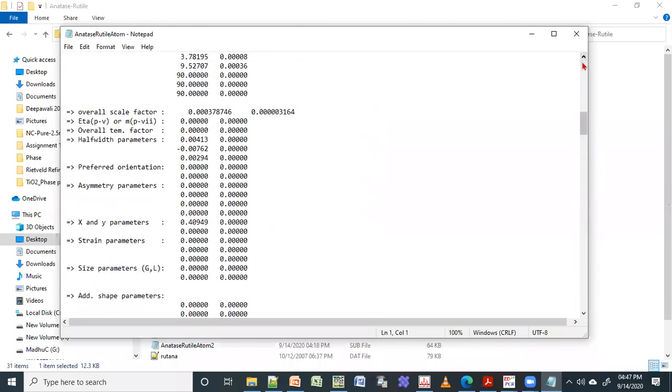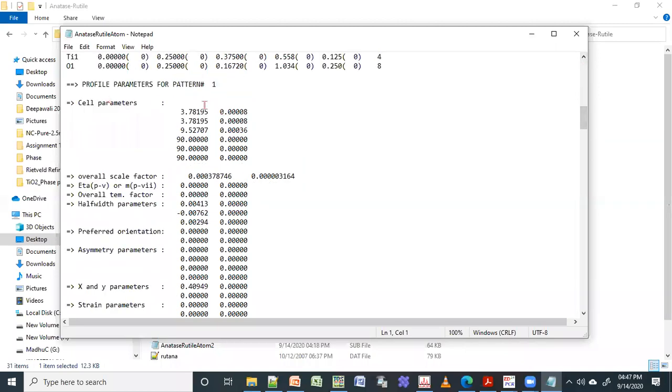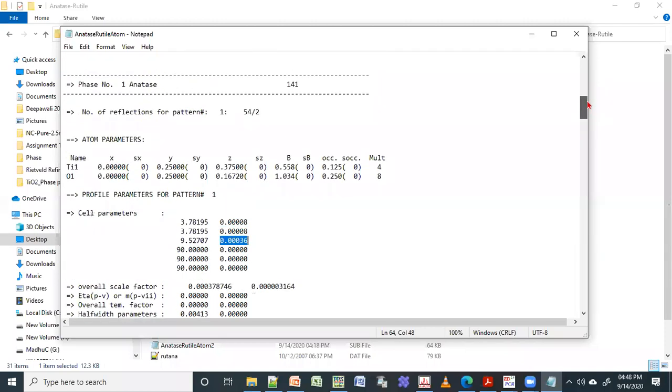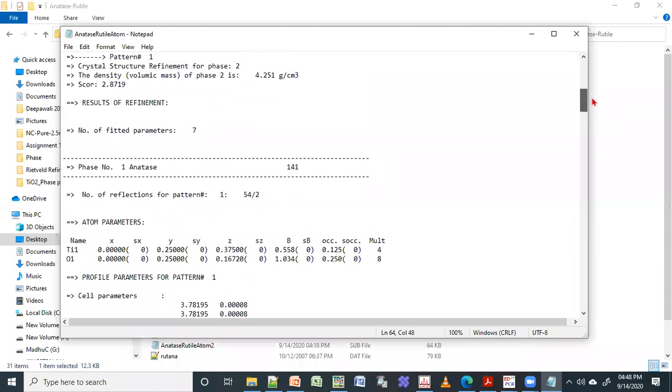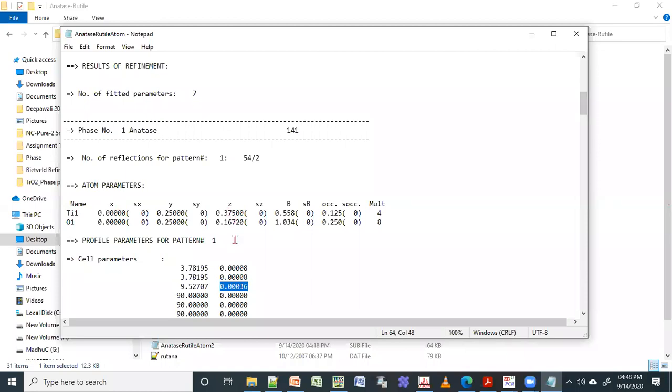Here you can see, with respect to cell parameter, it has already done this. This is the error. You already have very little error, it is all up to the fifth decimal, so there is not much error. These things you can see in your sum file. If I again refine these Z parameters, then it will put the error in this bracket.